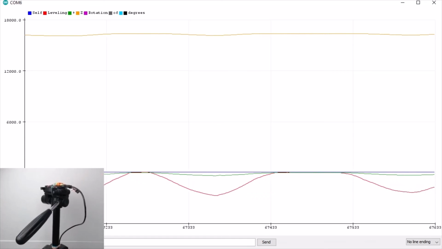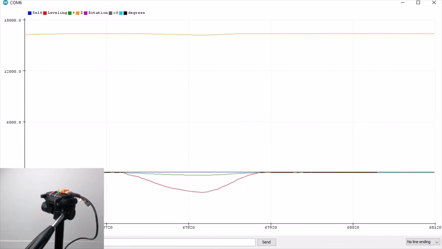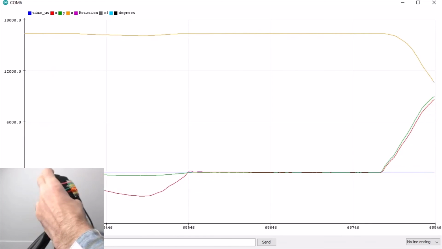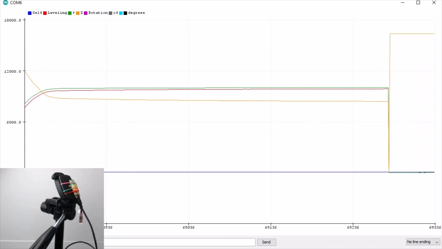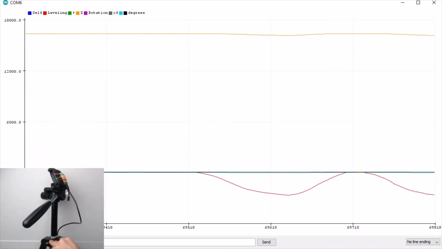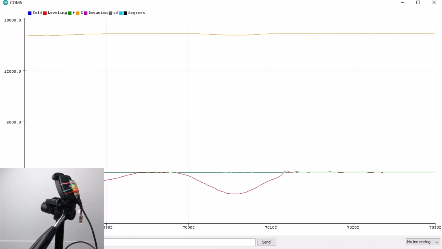So we tilt forwards and backwards, and only X is changing. Let me put that back in. You can see the X value on the key there. Also, if we were to put some tilt in there and auto level again, it can cope with that as well. So you can have your sensor with arbitrary orientations, and you can auto level about, and it will all work just fine. That is the SweetMaker